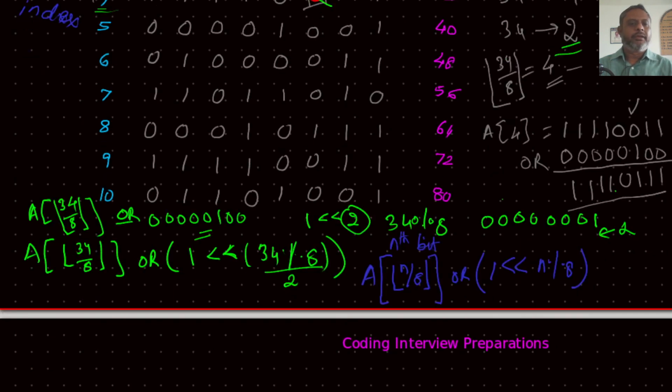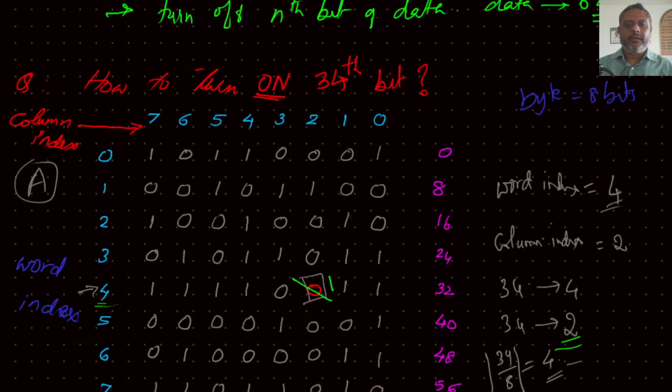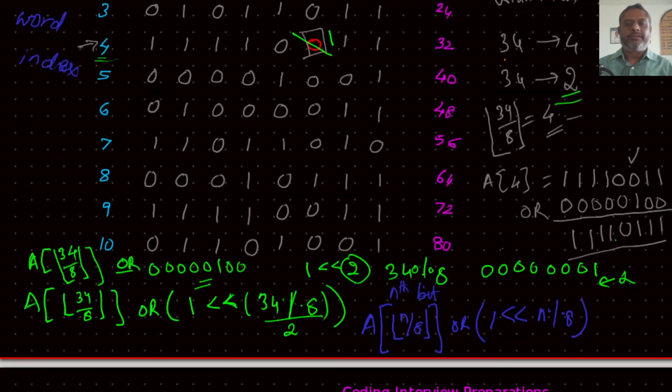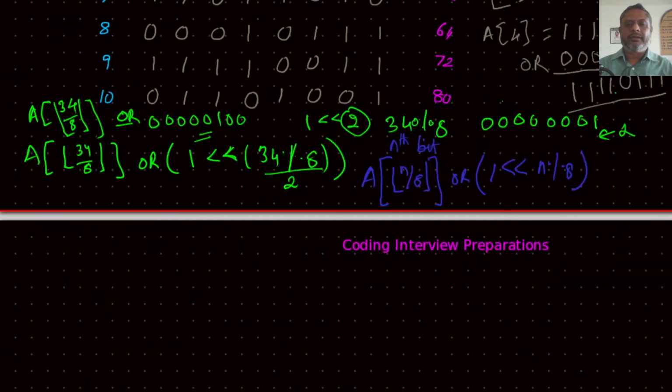So if I consider that our memory is now 32-bit, then one word will be from 0 to 31, then second word will start from 32, goes up to 63, and so on. The whole matrix structure changes. Nothing to worry much. The same thing is to be used, only difference is